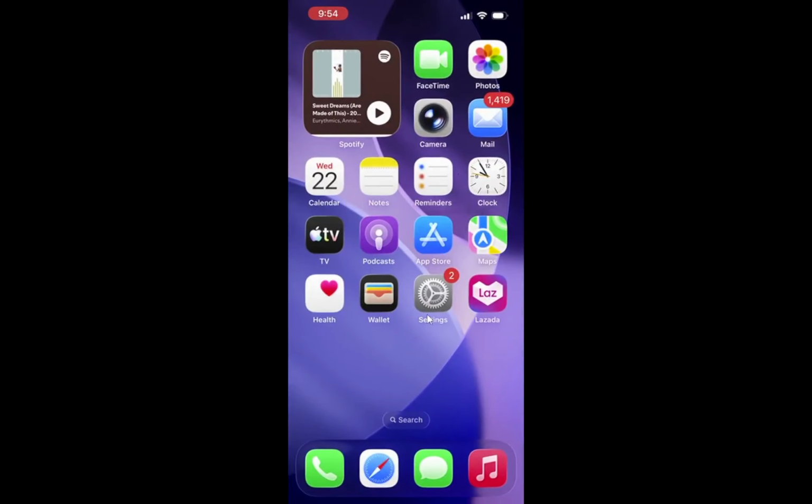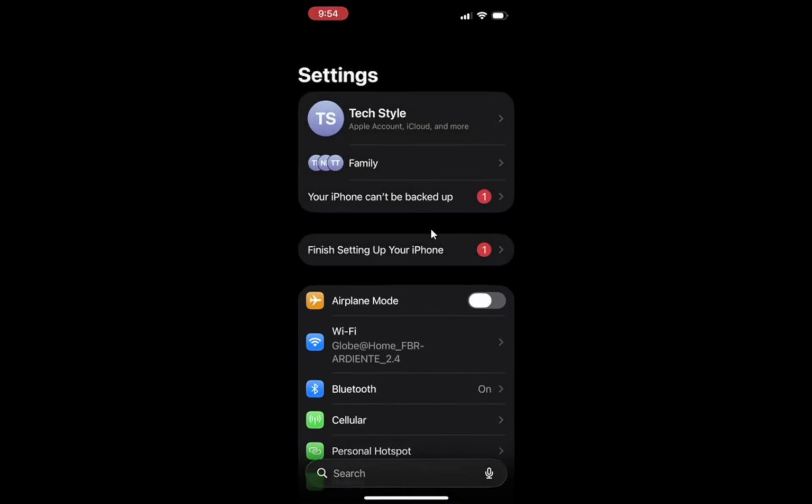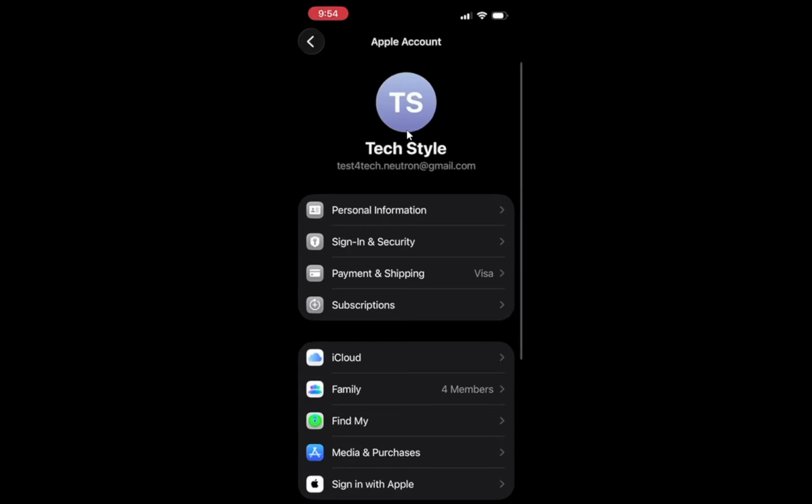First, if the child is under 13 years old, you cannot simply remove their account like you would for an adult. Instead, you must go through a couple of specific processes. Start by opening the Settings app on your device and tapping your name at the top of the screen. This is where you can manage your Apple ID and family sharing settings. Seeing your name confirms you are in the right place to make necessary changes to your account.